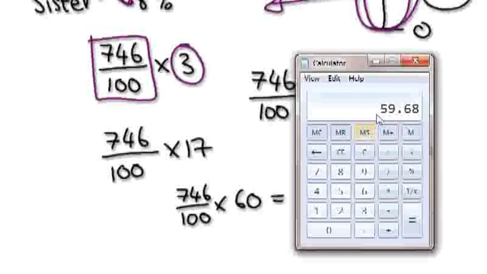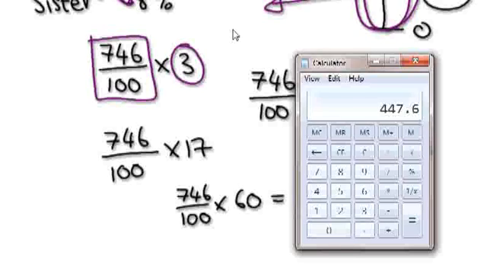In effect, we are working out 60% of your original win, because you've got 60 slices left for yourself. So clear it. 746 divided into 100 pieces, and remember you've got 60 pieces left for yourself, so times 60 equals